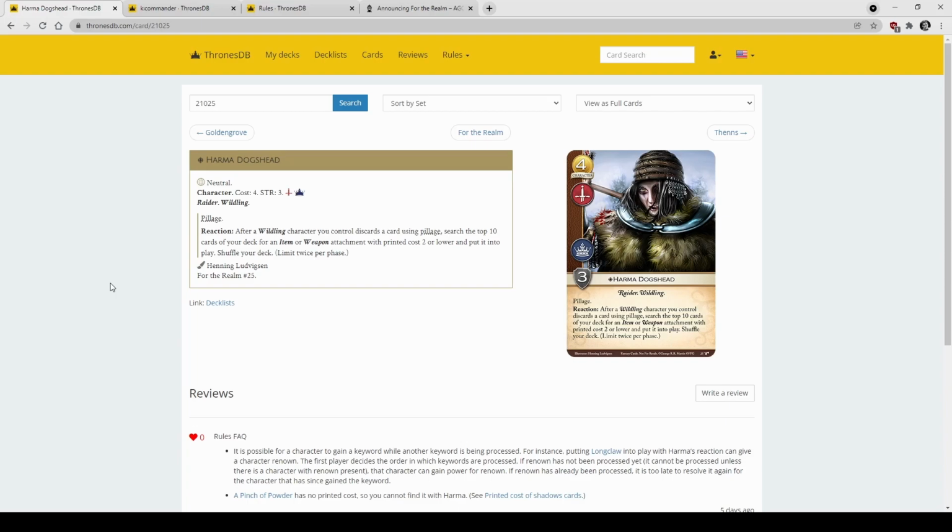And I just tested this as well, basically just by herself in a non-wildling deck, and it was surprisingly useful to find non-neutral items or weapons. I think this one looks like a Free Folk card, but really what you're looking for is maybe the faction items or weapons, because she is completely fine by herself. She has printed pillage and there's no restriction. Any card will do. So when she pillages, you search the top 10 for something like Lightbringer or Warhammer in Baratheon,